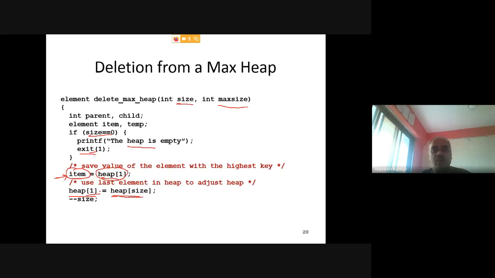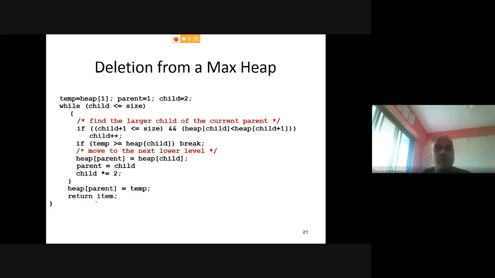Now you can start working. Then you need to reduce the size of that max heap by 1, so that the last position is now deleted. You will never go and access that place now, since the size is less by 1. The last cell is deleted, and the last element is stored at the root.